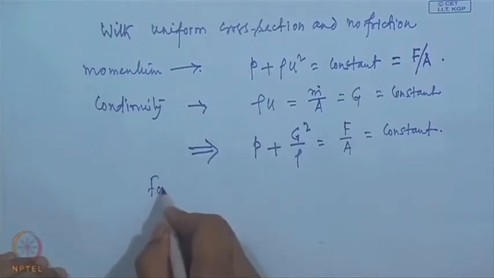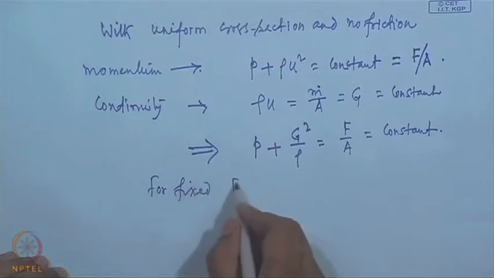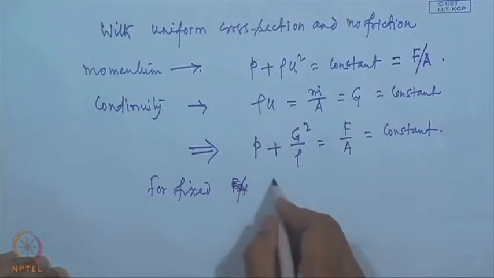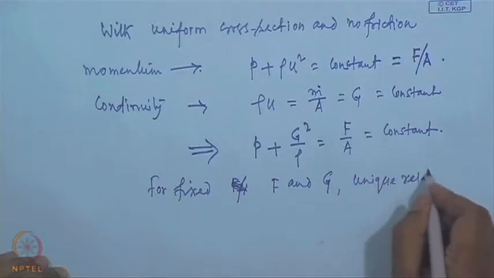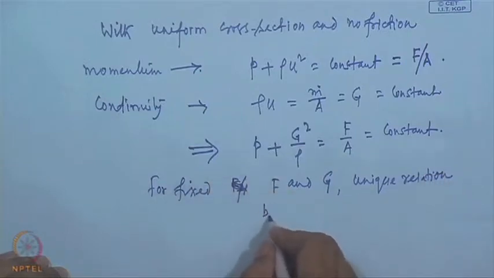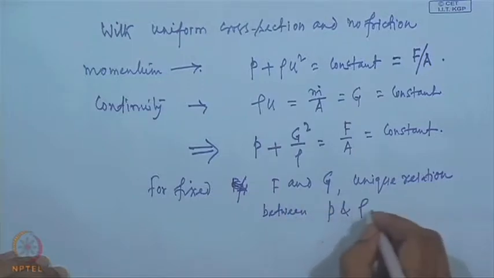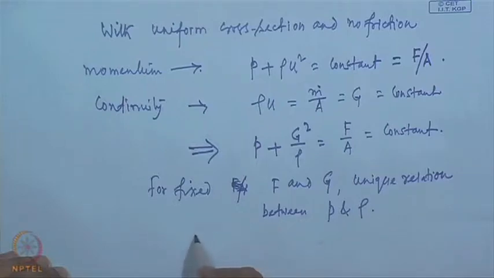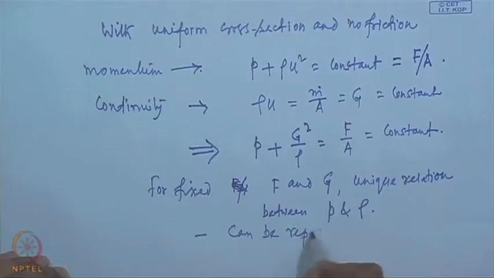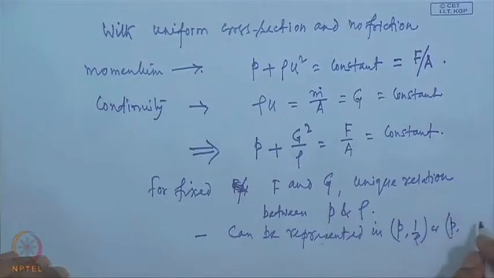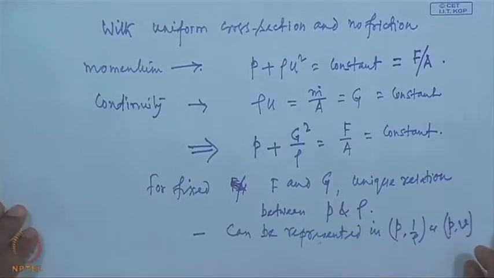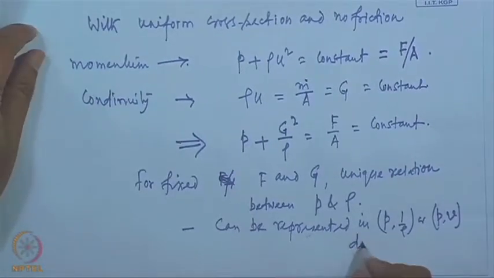So, for fixed F and G, the unique relation between P and rho can be represented in P, 1 by rho or P V, that is the specific volume, PV diagram,